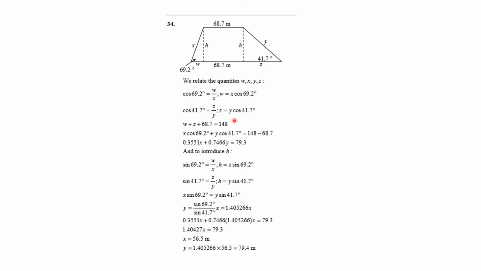And so that means that we're going to be able to solve for w plus z, and let's see, so w plus z is that, and w was x cosine this and y cosine that, and so we get this expression. So we know 0.3551x plus 0.7466y is